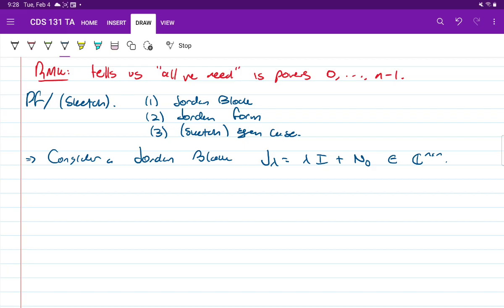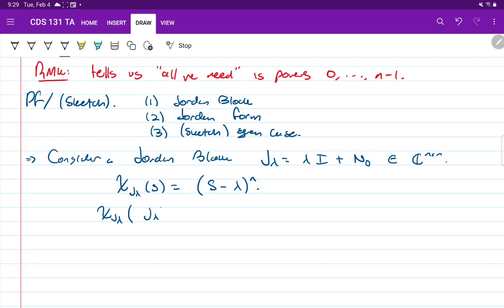polynomial is a product of eigenvalue terms, what you can find is that the characteristic polynomial χ_{J_λ}(s) is equal to (s − λ)^n. Okay, so if we were to go ahead and plug in our Jordan block into this expression, using a little bit of abusive notation, pretend that we can plug a matrix into this expression.